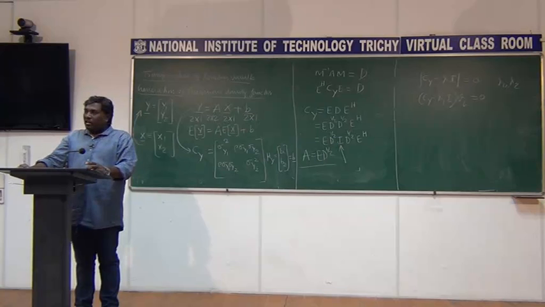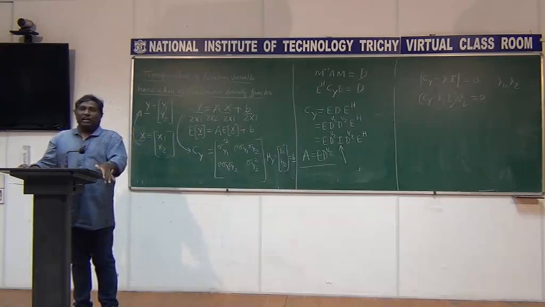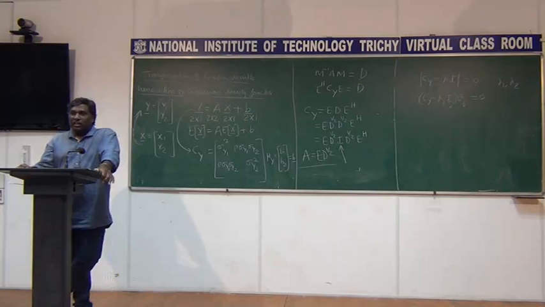This eigenvector lies in the null space of the matrix Cy minus lambda I. Of course, we are going to have a formal discussion in linear algebra, but I just tell you this. Have you heard about this null space? Anybody? Null space, column space,